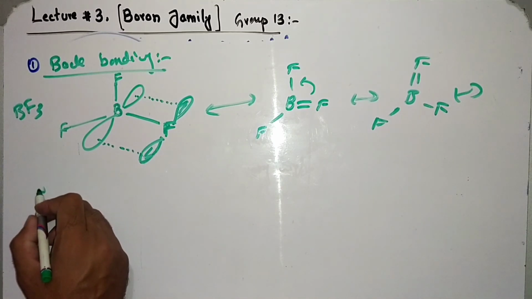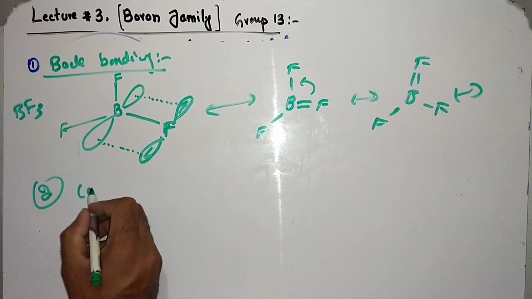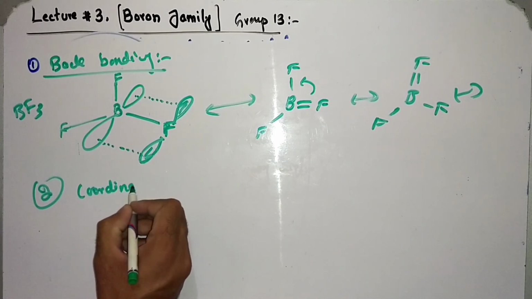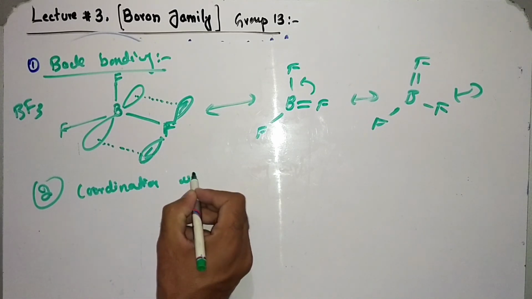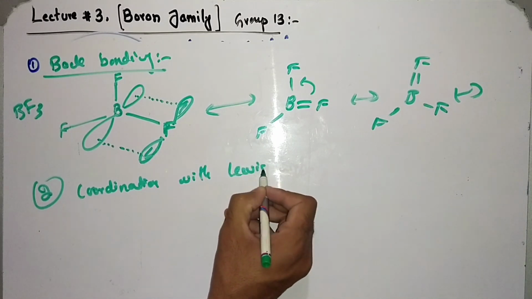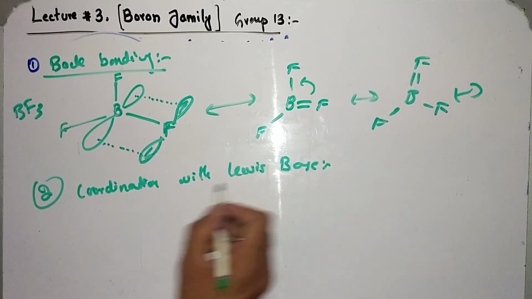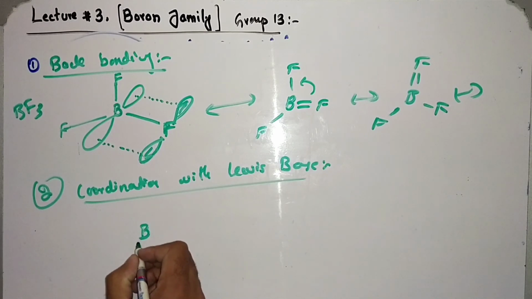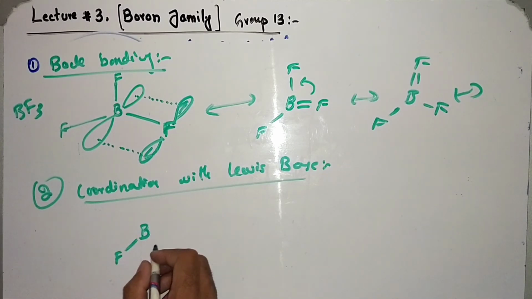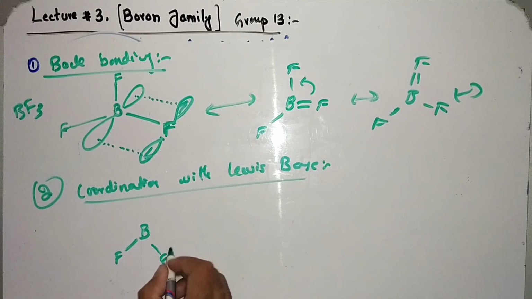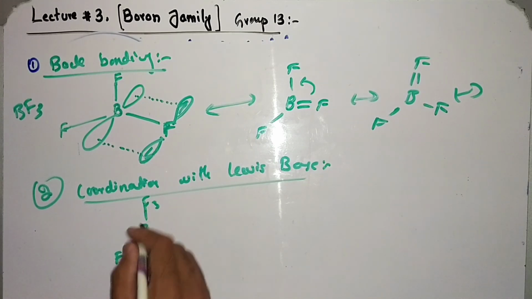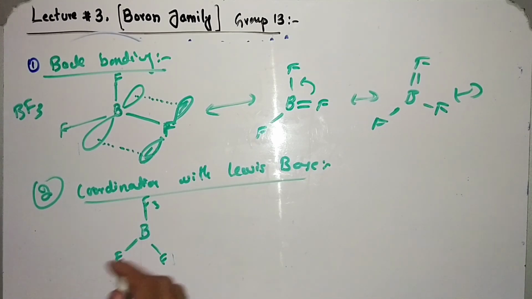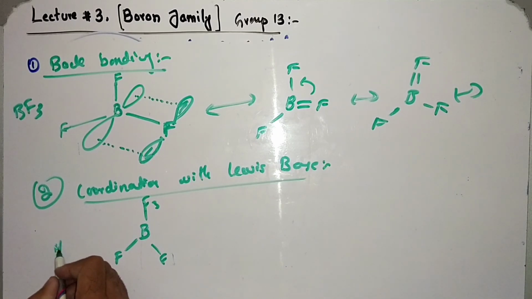The other factor is coordination with a Lewis base. What does it mean? A coordination bond will be produced. Let's suppose this is the BF3, and we know that one vacant orbital is present in B. So when you add ammonia to the system,